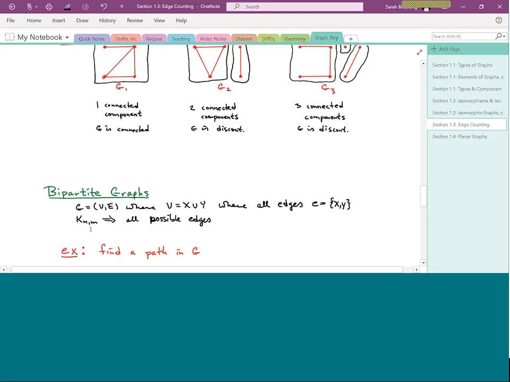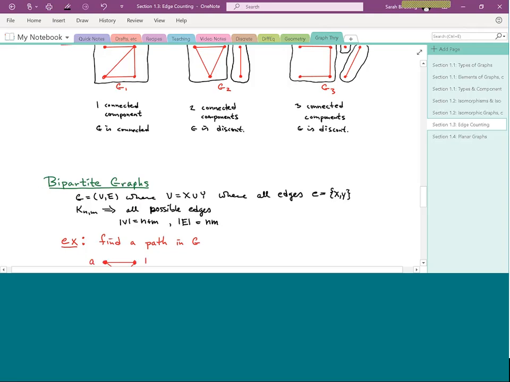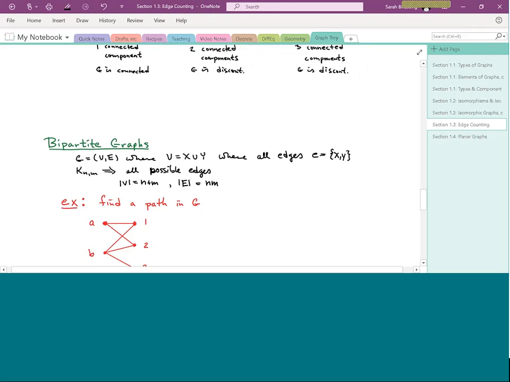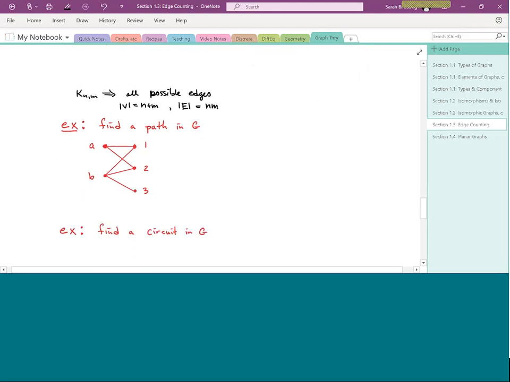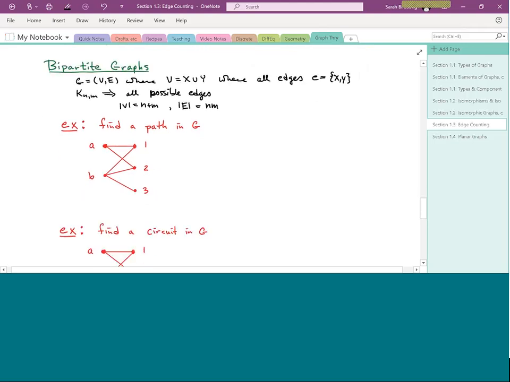So in this situation, the total number of vertices was n plus m in the complete bipartite graph. And then we talked about this previously, the total number of edges was if you multiplied those two guys together. Now, fun fact, this formula right here where the number of edges equaled n times n, I said that wrong, n times m,